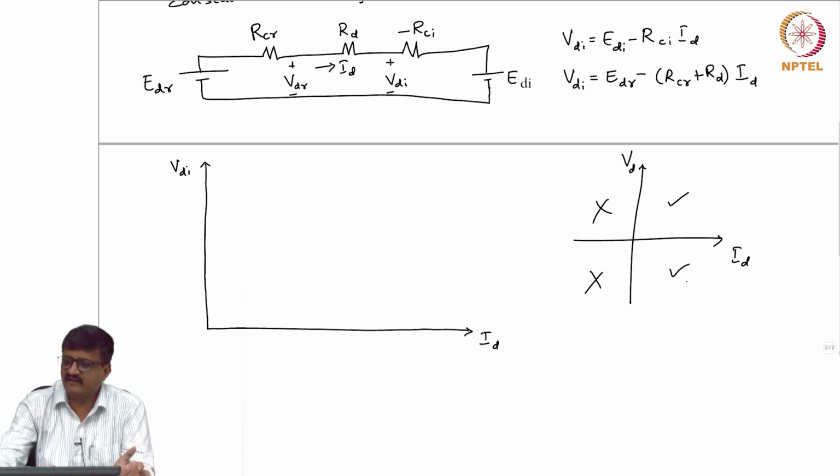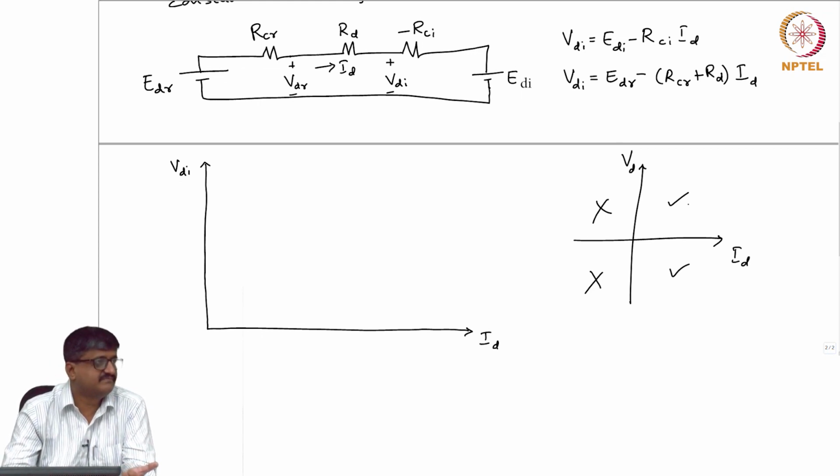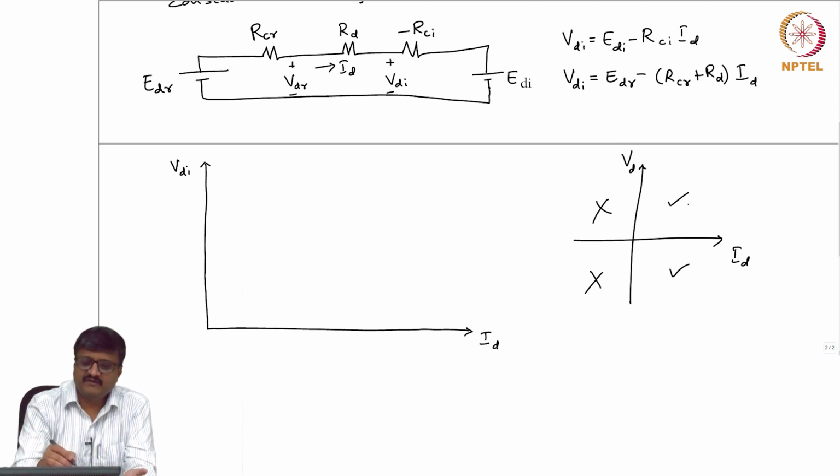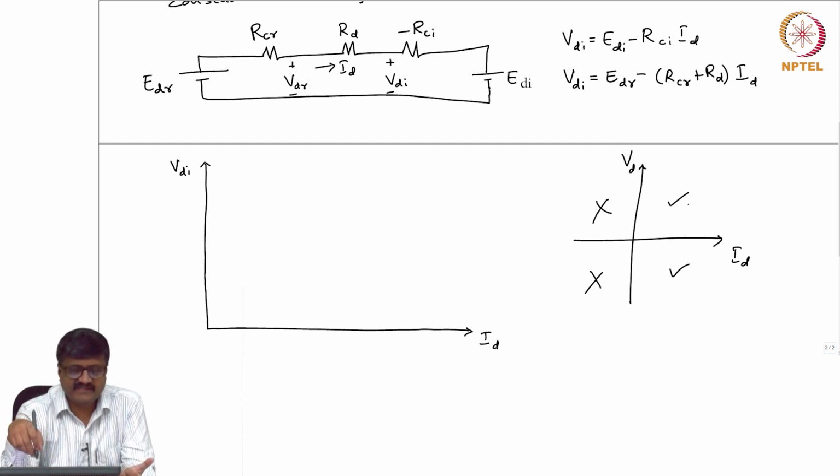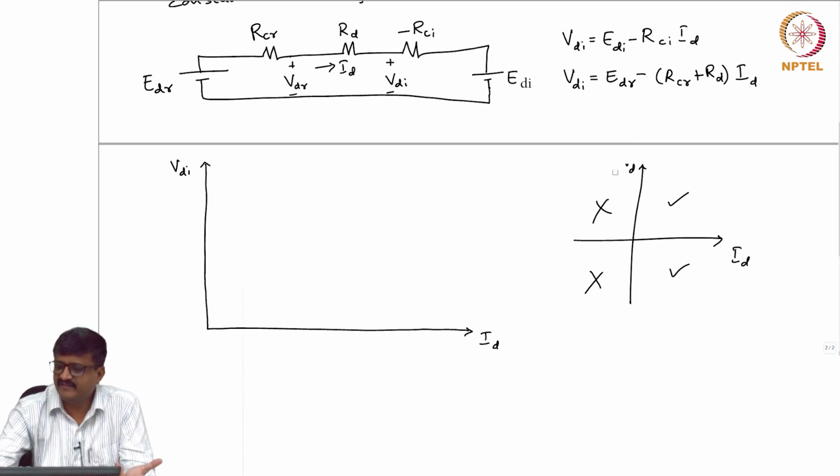Okay. So, if that is the case, then the same converter operating as both rectifier and inverter is ruled out. So, that means either I have first quadrant operation, or second quadrant operation. Okay. So, I have actually put the positive and negative sign in such a way that VDI is positive. So, always positive. So, only first quadrant is allowed. Okay. So, let me erase this. So, only first quadrant is allowed.